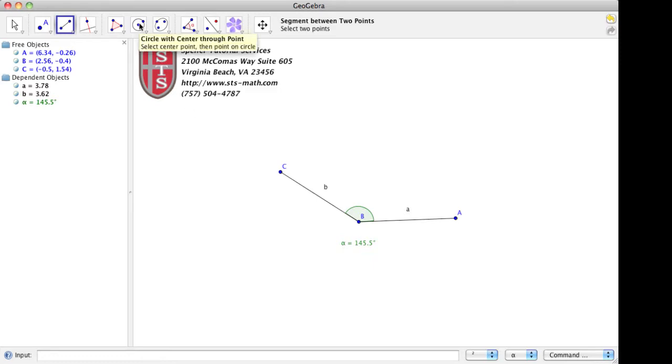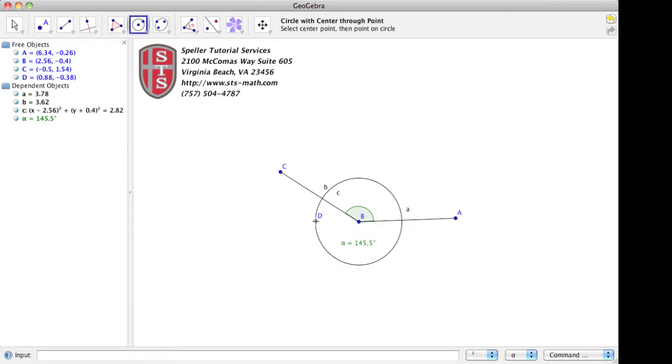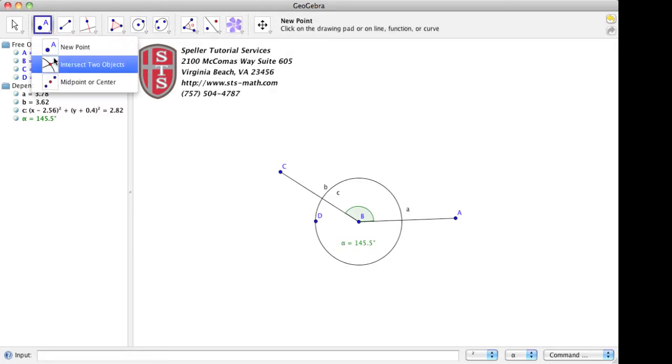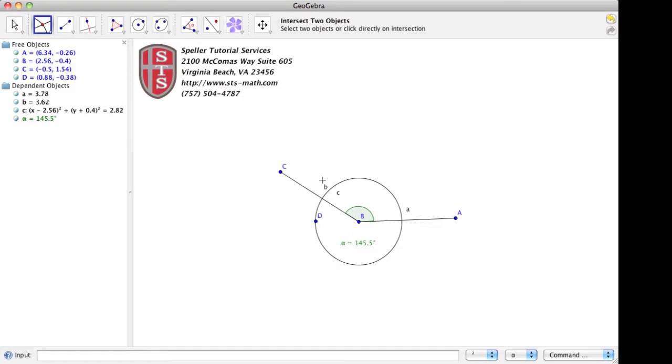Now we have something that looks very much like an angle. After this, we're going to select our circle tool, and using the circle tool as a metaphor for a compass, we would place the pointy end or sharp end here at the vertex B and extend that circle out, creating 2 intersections. Those 2 intersections are very important because we're going to use those to create 2 more circles. So let's use the intersection tool to show intersection E and intersection F.